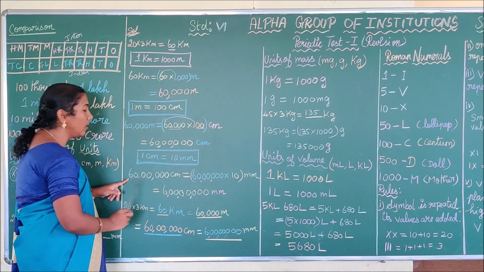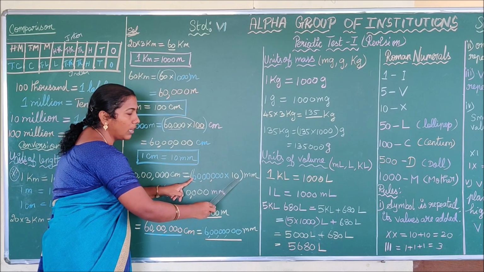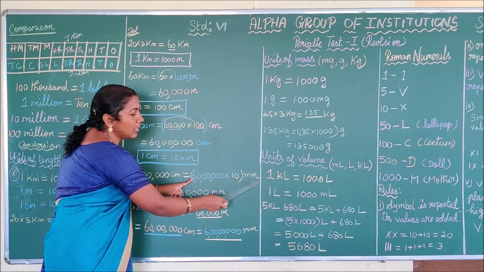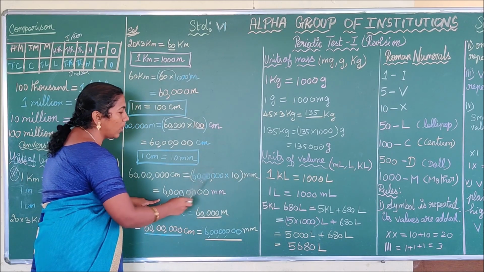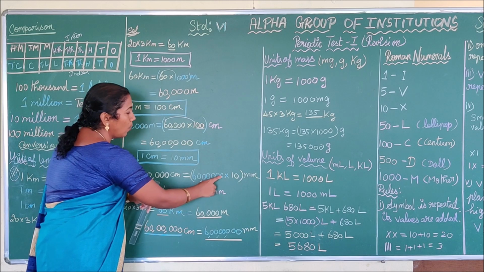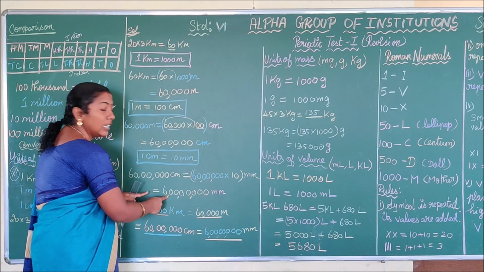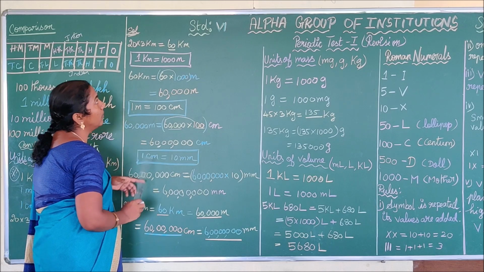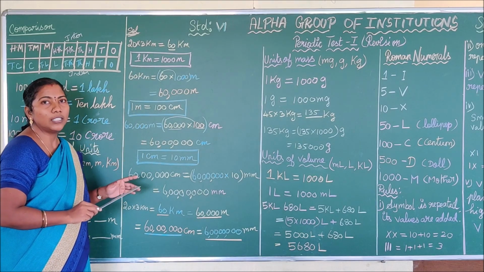So here we have written centimeter equal to that value, and you have to multiply the whole value by 10. Here, instead of centimeter, you have to write millimeter. Next you have to multiply it. 1 into 6: 6, here we have 1, 2, 3, 4, 5, 6 zeros along with 1. So you have to write 7 zeros. Thus we have converted the given value into meter, centimeter as well as millimeter.